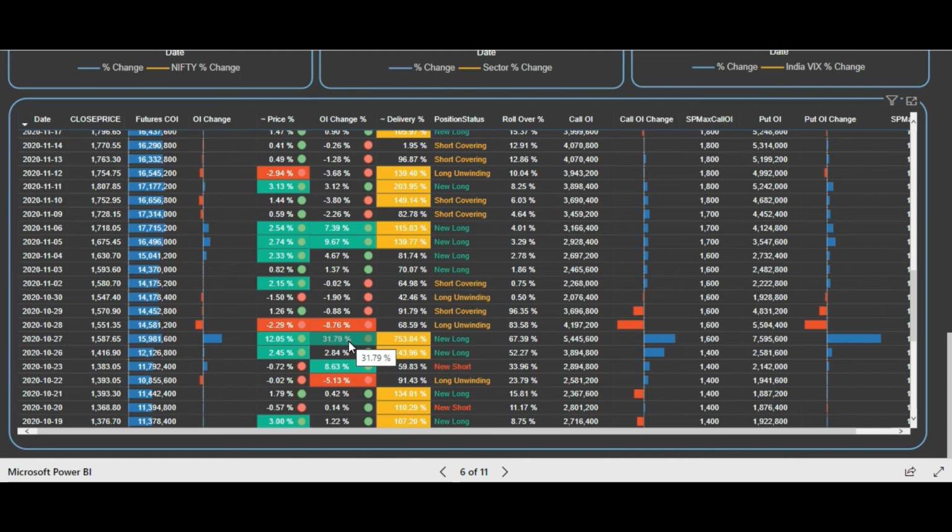Now you can see this in conjunction with the delivery percentage, the cash market. There was a significant delivery percentage, like cash market buying was also done, and it was very high, 753% as compared to the previous 5-day average delivery percentage. So this was significant purchasing in the cash market. Now you have got the confidence that from the low price of the previous day, 1416, till 1587, a very strong player has entered. Because there was significant buying in the cash market, a significant OI buildup, and a significant price rise, all these points match in relation with each other.